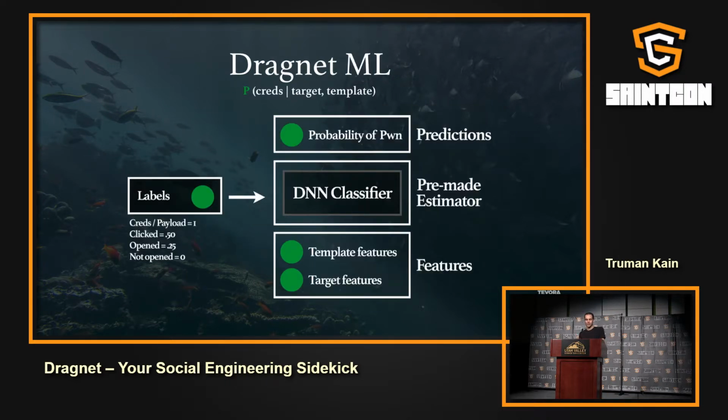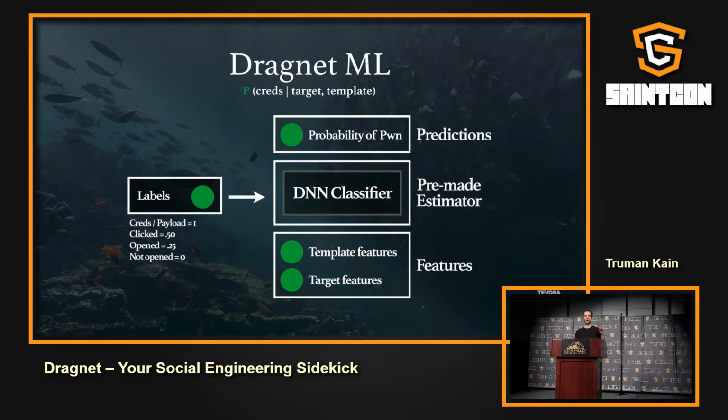So I'm still trying to fully understand this whole thing. Machine learning, again, is new to me, but it's something that I feel is extremely important. I think it's going to get implemented in just about everything, including and definitely security. Essentially, you're starting with data, prior conversion data. Let's just say you've sent out 1,000, 2,000 phishing emails. You have the email address of who you sent the email to, and you have the name of the template that you used. Amazon, unusual login detected, whatever it may be. You have a bunch of these, and you import them into Dragnet.